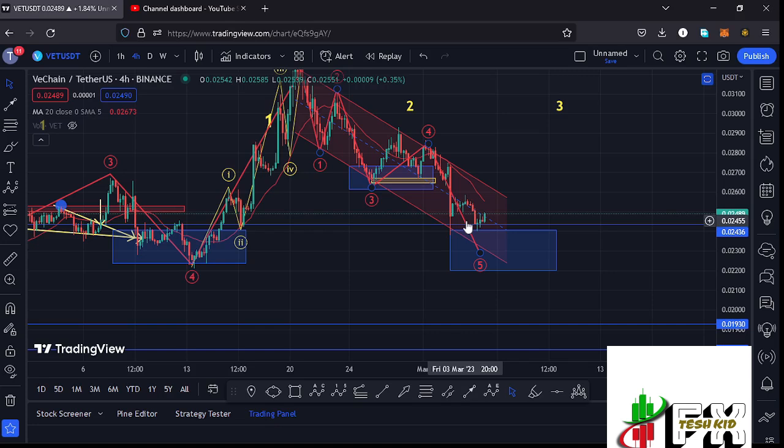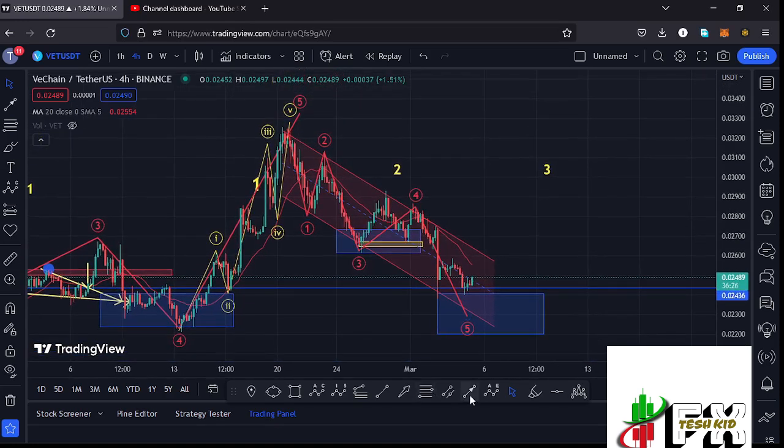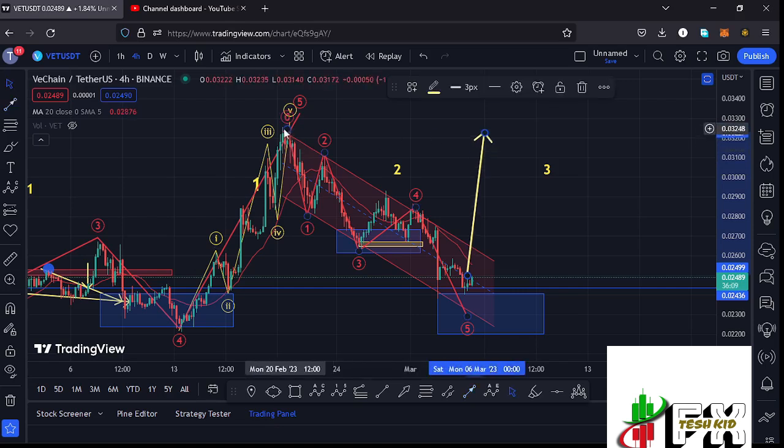That is something that you need to have in mind, and that brings about the first possible scenario that we can expect over here, where we can say that we have made our low in the formation of this higher Elliot wave count 2 by the low that we made at around the $0.02404 mark. And there are chances that in case we continue gearing up, see a break above the 20-day MA, have the support of the 20-day MA here on the 4-hour chart for us to continue gearing up, continue seeing higher prices, and also see a break above the wave 1 high, which is at around the $0.3254 mark,